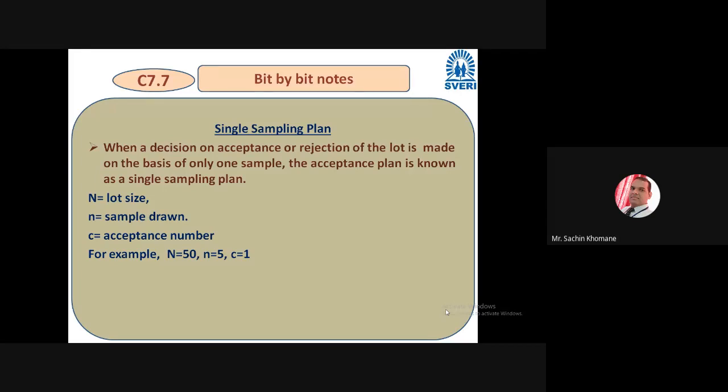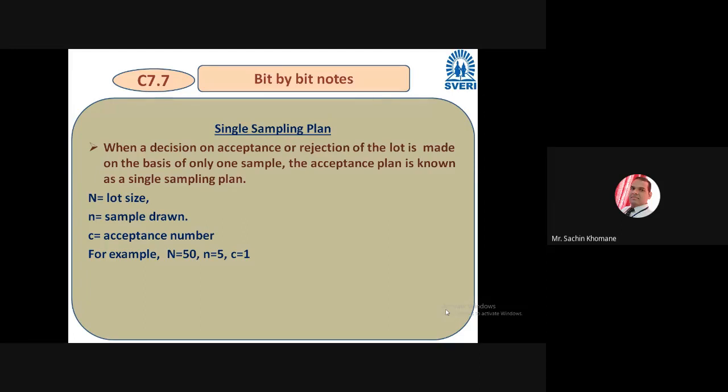So here certain terminologies are there. N, capital N, is the lot size. Then small n is the sample drawn. Sample drawn म्हणजे त्यातून किती काढून घेतले चेक करण्यासाठी. आता 50च्या 50 चेक करणं पॉसिबल नाही, 5च घेऊ शकतो. That is a sample drawn. And what is the c? c is the acceptance number. म्हणजे काय? एक असेल c ची व्हॅल्यू, म्हणजे जर डिफेक्ट सापडला तर एकच, नॉट मोर दॅन दॅट. आणि हे कधी करायचं? Only once, when the lot is received. Very simple, right?